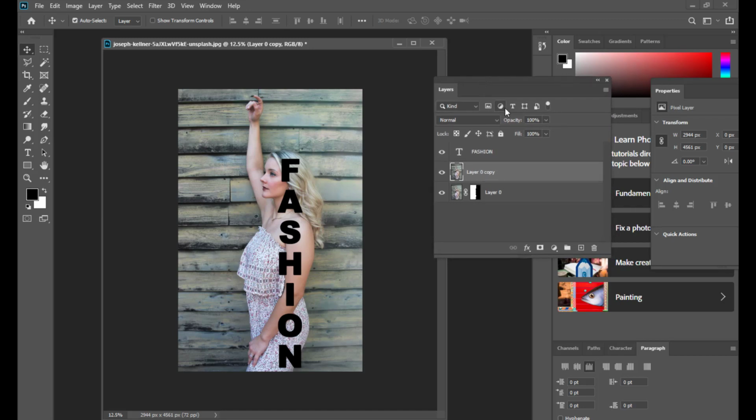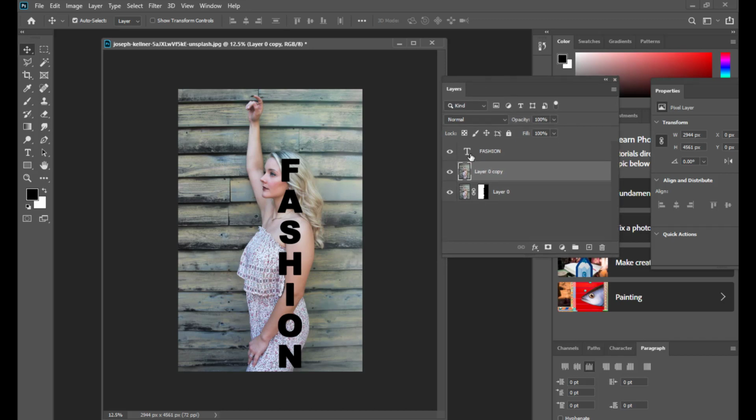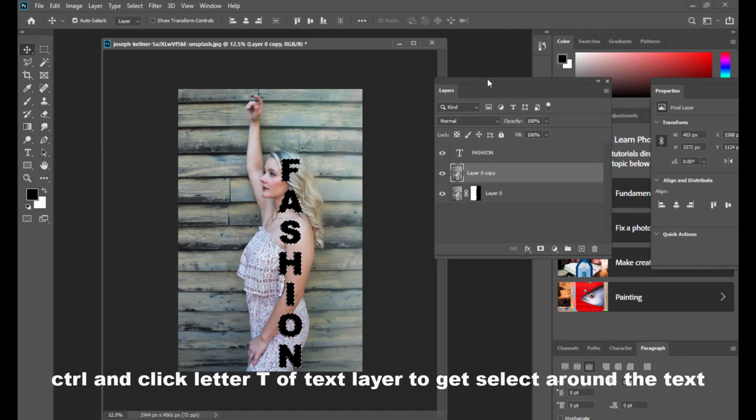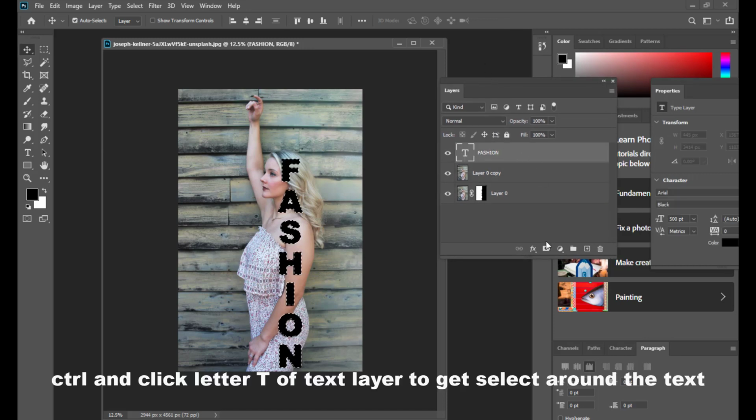Then the final step is, we have to get a selection for this text layer. Hold Ctrl and click on the letter T icon again. Now you got a selection, and then select this text layer and simply click the mask icon again, right?